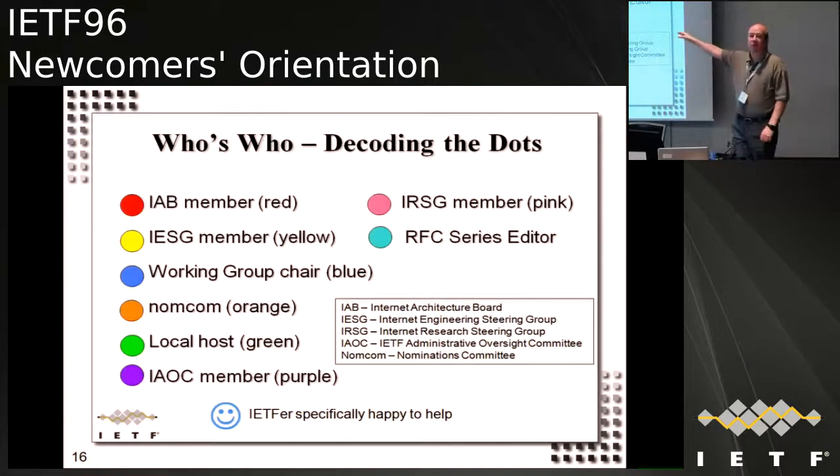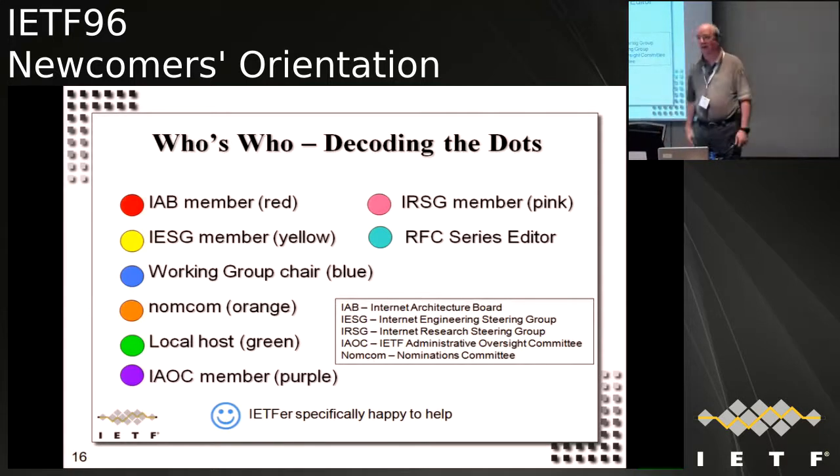Walking the halls, you're going to see a bunch of people with dots on their badges. Mostly you're not going to interact with a lot of these folks. Internet Architecture Board, IESG, these are the area directors. Working group chairs are probably the people you're going to see the most of because you'll be sitting in working groups. Nominations committee: we self-select our managers, our Internet Architecture Board and our area directors through this thing called a nominations committee, a NomCom.